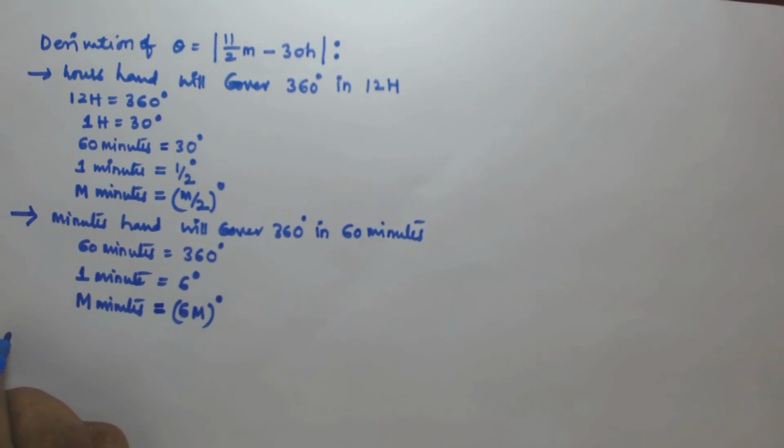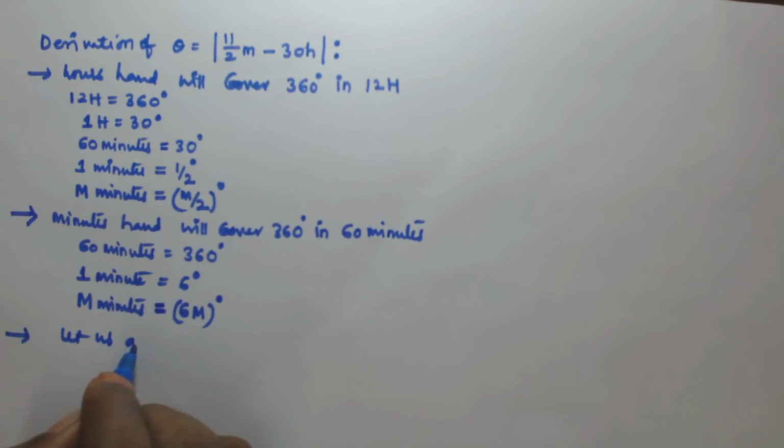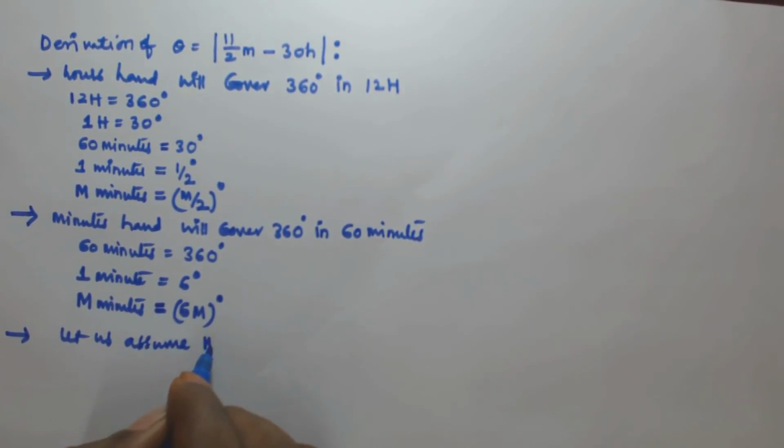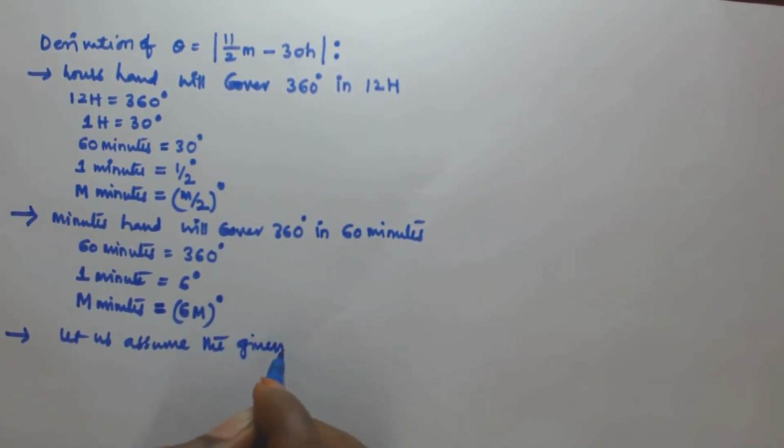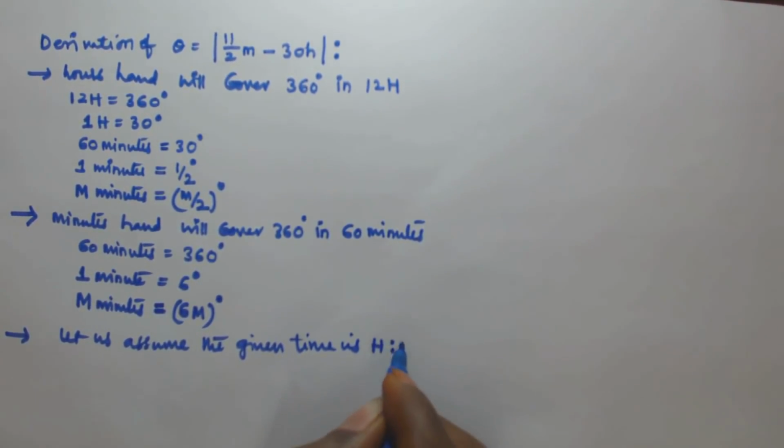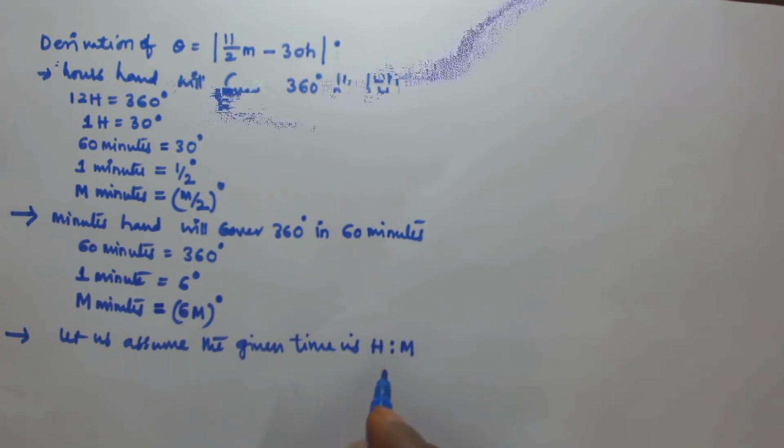Now let us assume the given time is h hours and m minutes. Here we have to find the angle between these two hands when the time is h hours and m minutes. So if you take the position of the hands when the given time is h hours and m minutes,